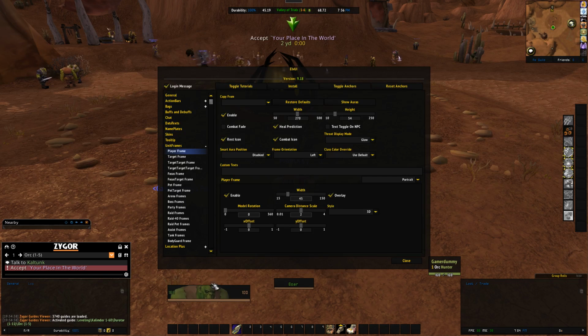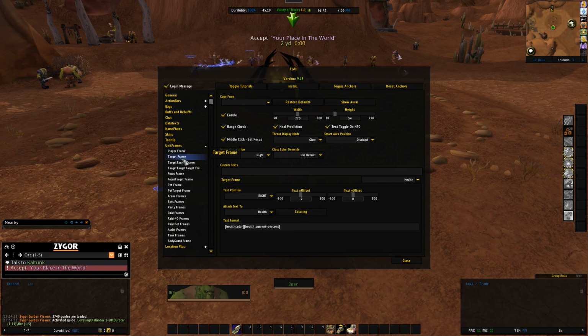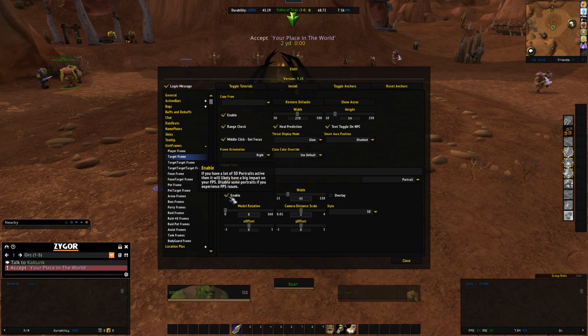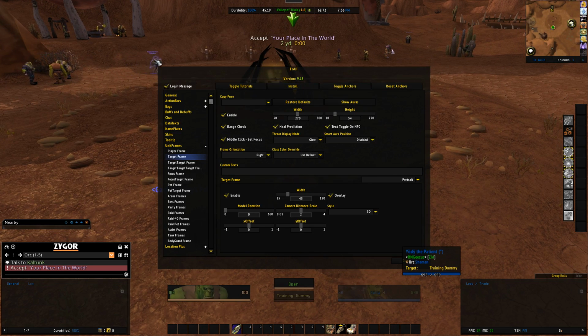And you can see this now shows me target frame. Let's select a target. What are you looking for? I'm going to also go portrait, enable, overlay. Okay, so if I select somebody that doesn't look like me, this guy for example,